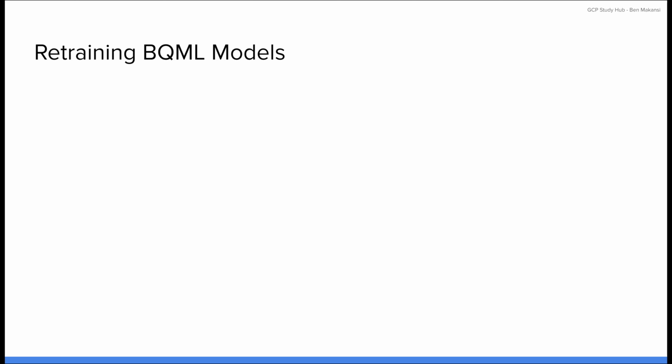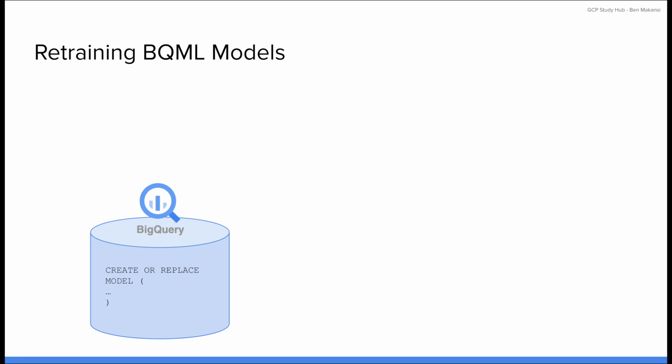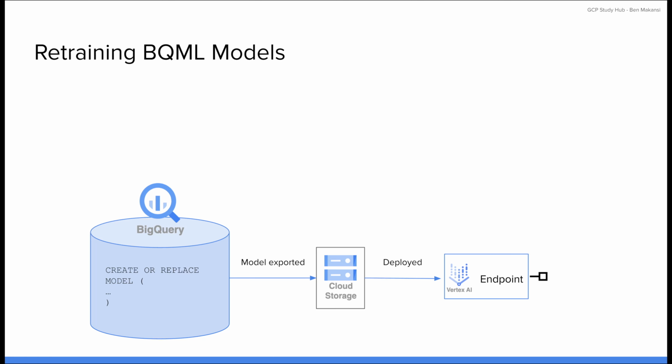Let's say that we have developed a model in BigQuery and then we deployed it to production by exporting it to cloud storage and then setting up a Vertex AI endpoint with the model that we just created. In order to automatically trigger retraining, what we do is on that endpoint, we would set up Vertex AI model monitoring as usual, detecting when performance starts to degrade through drift or skew. And then when the monitoring system detects that model performance has declined beyond acceptable thresholds, we would have it trigger